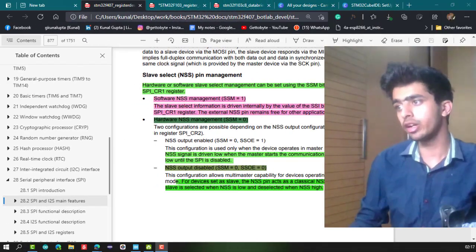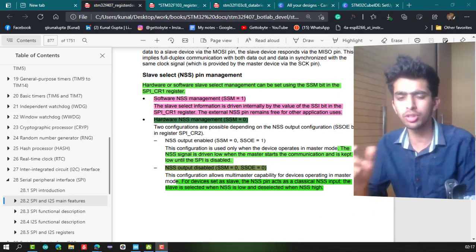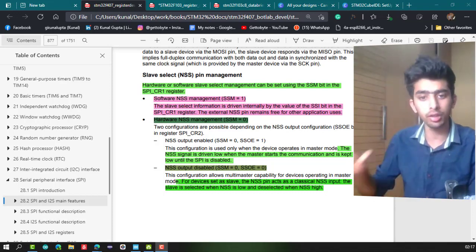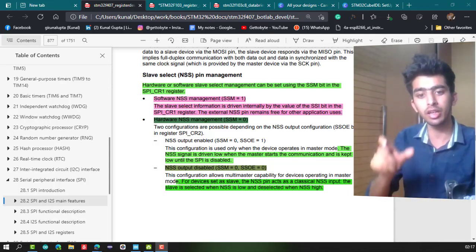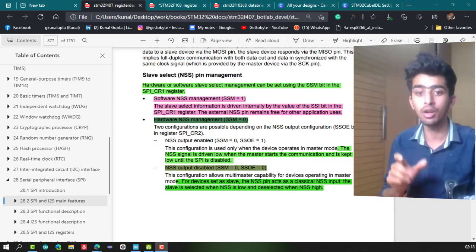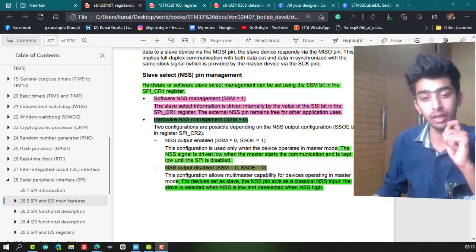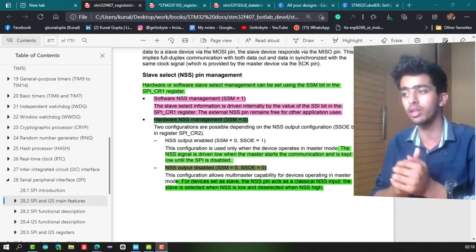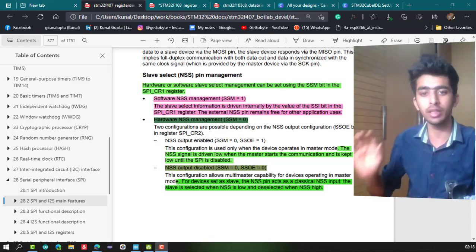There is a feature in STM32 microcontrollers and in higher end microcontrollers, not only STM32 but others like those of Microchip and Nordic, that in SPI communication we can control the slave select pin via software only. By software it means that we will need only three pins for our SPI communication: MISO, MOSI and SCK. There is no requirement of the slave select pin.